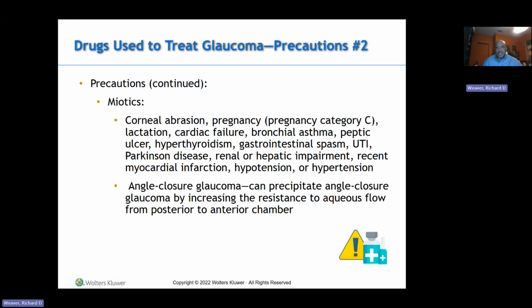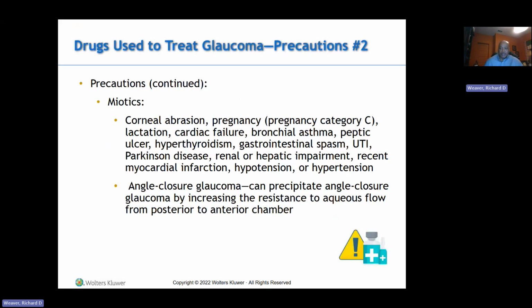Now, the drugs are used cautiously in clients with corneal abrasions, and pregnancy as well. Which one is this one? It's in pregnancy category C, so it's kind of getting up there. Also lactation, cardiac failure, bronchial asthma, peptic ulcer disease, hyperthyroidism, gastrointestinal spasms, urinary tract infections, Parkinson's disease, renal and hepatic impairment, recent myocardial infarction,